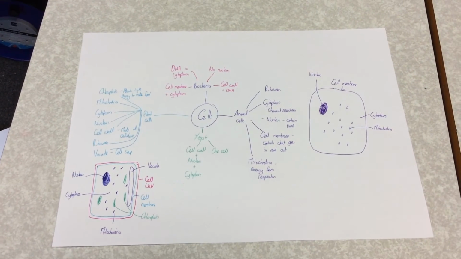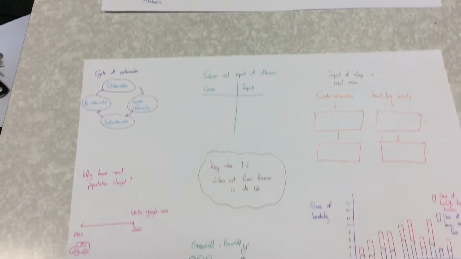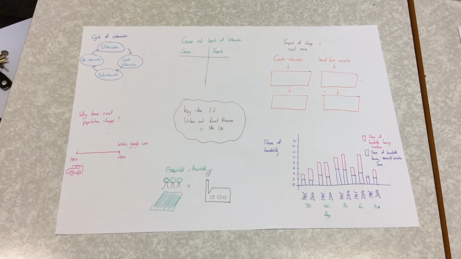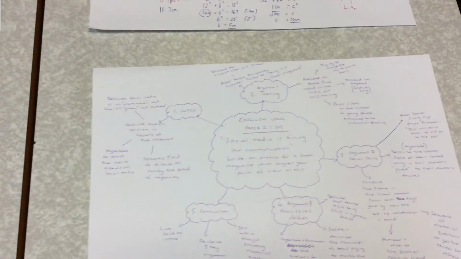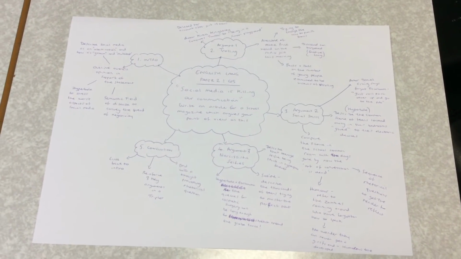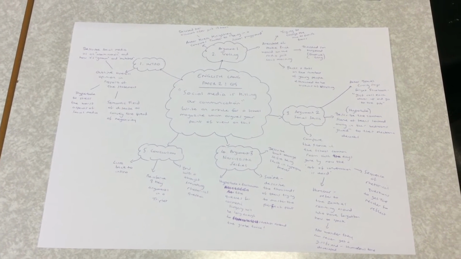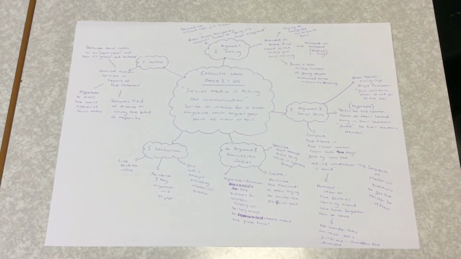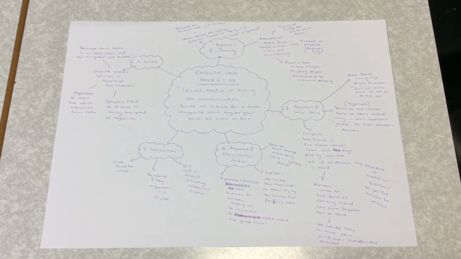plant cell, and then if we move down, after liaising with Mr. Turton, I've got a wonderful geography one that you can do with impacts of urbanisation. And then, last but not least, here's an English one that I've done on English Language Paper 2, question 5. It's basically a writing to argue question, and I've planned out my answer with all the ingredients that need to